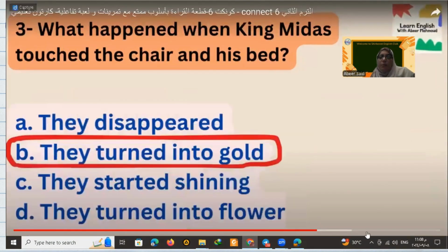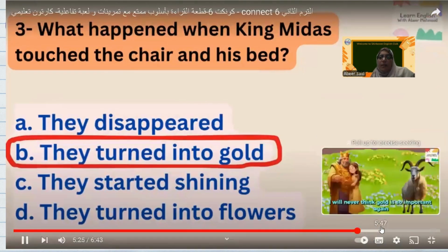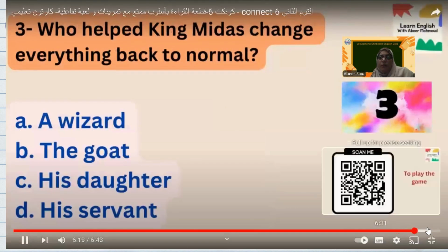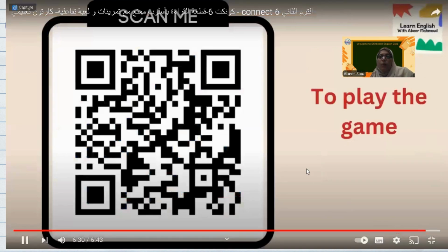We did this with the rest of the story, but at the end of the story, when we finished it all, we added a game. We told the students that they can play a game to test their understanding of the reading passage. They can scan this QR code to play the game. It's a cloze test game, and it's very interesting and very easy.